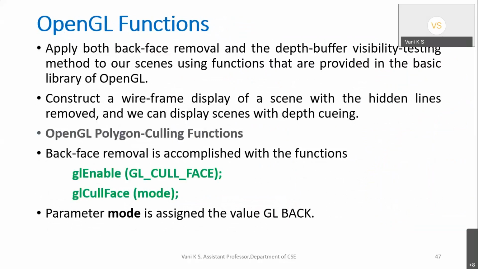Then this is about the visible surface detection method, or as I told you, it is called hidden surface removal, removing the surfaces which are hidden from our point of view. There are two approaches for this: object-based approach and image-based approach. The object-based approach starts eliminating face by face or surface by surface, a wholesale detection. The image-based approach works pixel by pixel, as in the depth buffer algorithm.